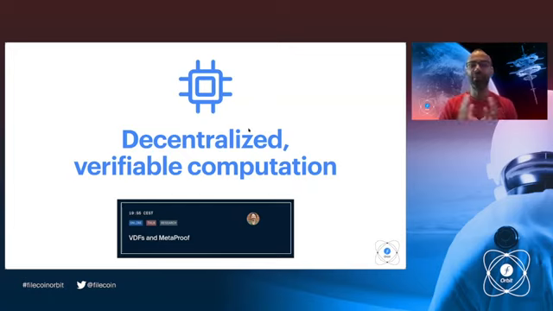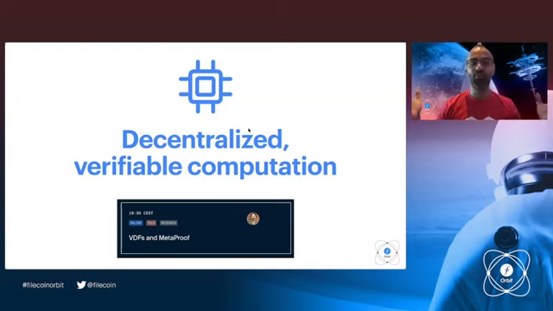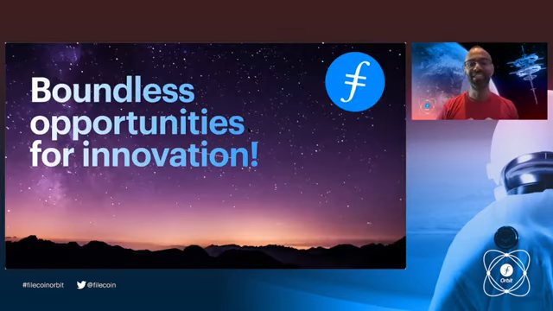Imagine being able to define a computation to be applied on data, incentivizing its execution all the way to the end, and being able to certify that the result and the output is verifiably correct. And link all of that with the concepts that I just mentioned earlier about the Dataverse, about tokenization of data sets, and suddenly you're in a whirlwind of computation that is pushed to the edges, that is pushed to the providers that have that data, and with an incentivization circuit and a provability circuit with which you can verify that the results are correct. So really, there are boundless opportunities for innovation that layer 1 programmability is going to unleash